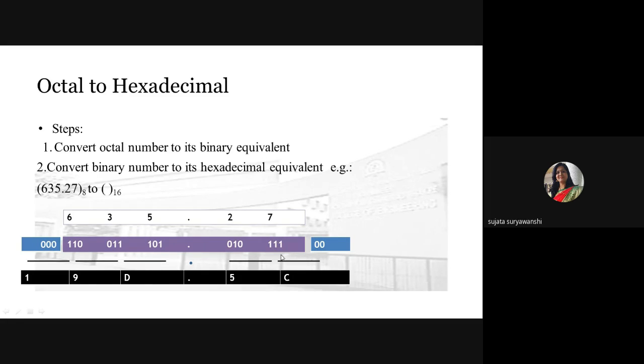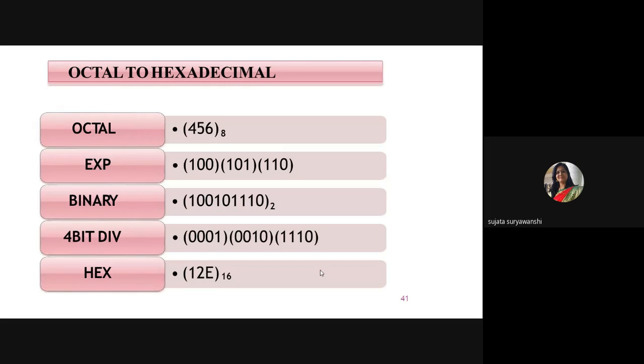So simply, if you want to find out the magnitude of the given number, we can multiply each digit by 2 raised to the power, increasing power of 2. Okay, and then 8 plus 4 is equal to 12. So your number is 12, and 12 can be represented by C in hex number. So with this, you can find out any decimal number for any binary digit.